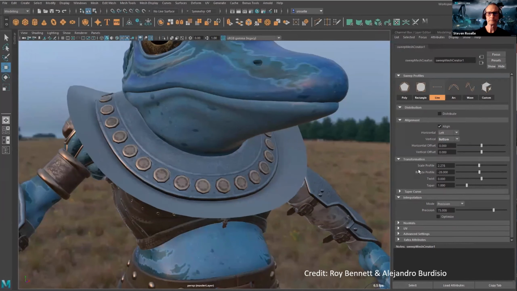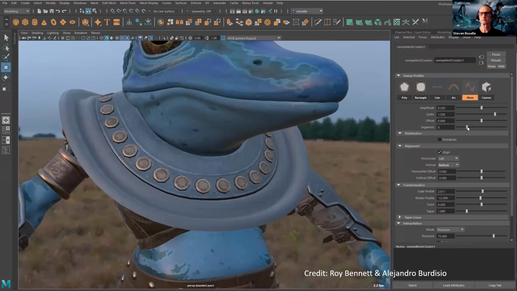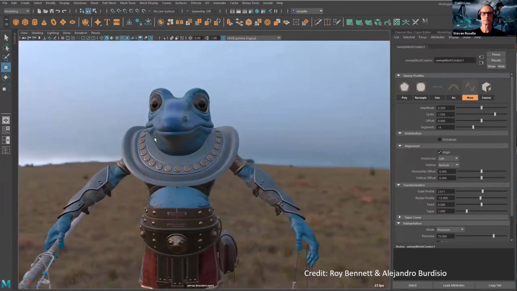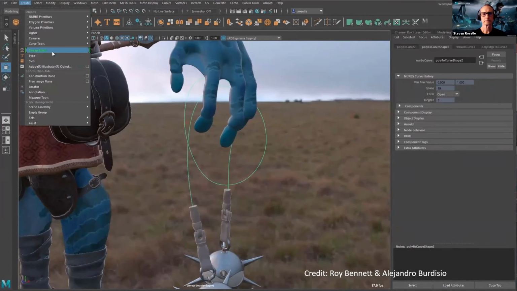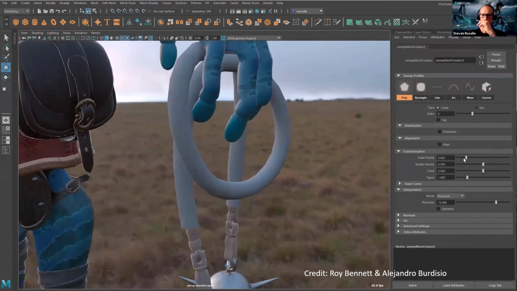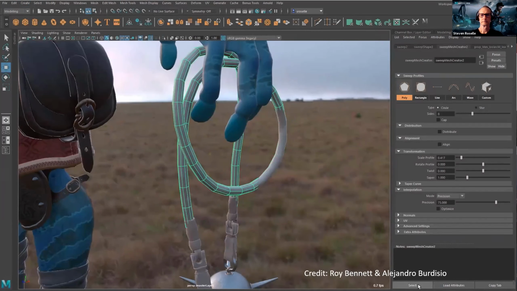Here we're creating cycles in the wave, tweaking the amplitude, tweaking the orientation, and now it looks like we basically have a beveled extension of that piece of geometry. And then lastly, we can create instances or patterns. So we're using the distribution feature here to create instances of tubes or any profile shape, and then repeating